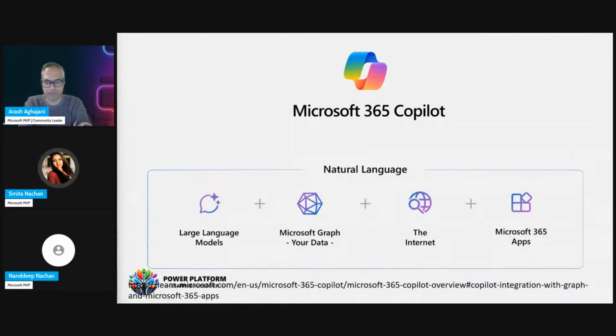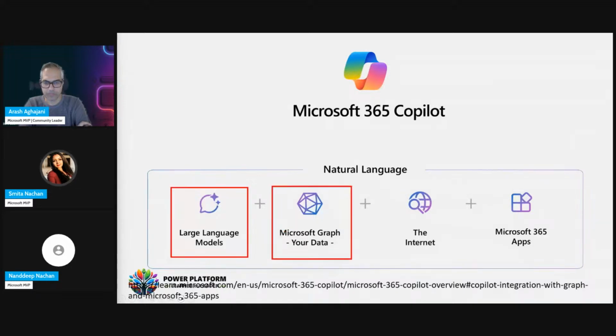So at a fundamental level, Copilot has a few core components. The first one is LLMs, the large language models. So Copilot is more than OpenAI ChatGPT embedded into Microsoft 365. It is a sophisticated processing and orchestration engine working behind the scenes to combine the power of LLMs, including GPT-4, with the Microsoft 365 apps and your business data in the Microsoft Graph that is now accessible to everyone through natural language. The second one is the content in Microsoft Graph, such as emails, chats, and documents that you